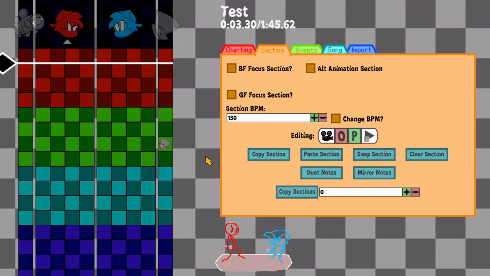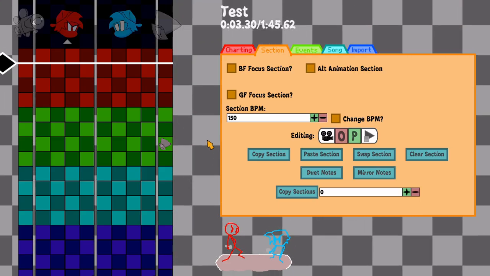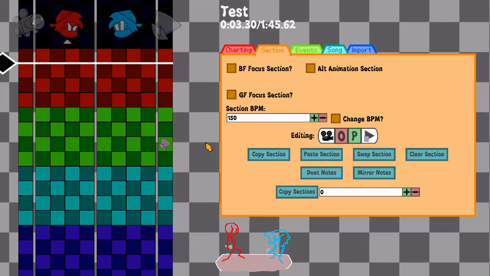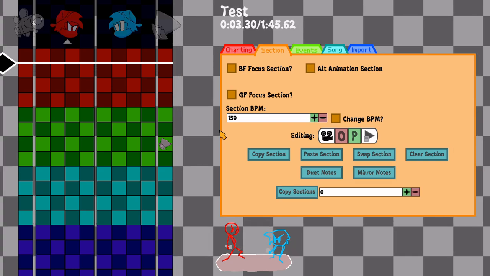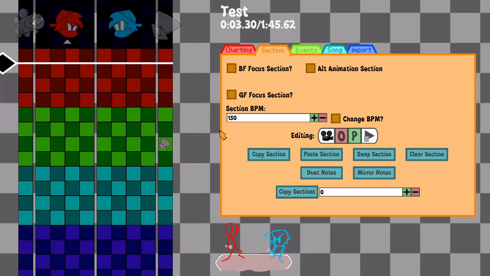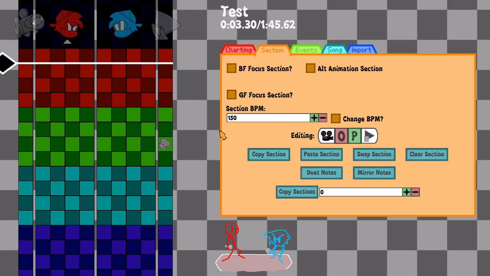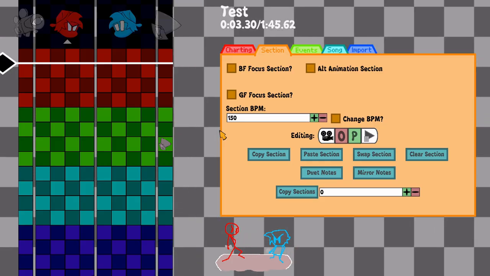My next video will be on the stage editor. That's right, we're finally making stages. And then after the stage editor's done, we can mush it all together into one functional engine. But until then,